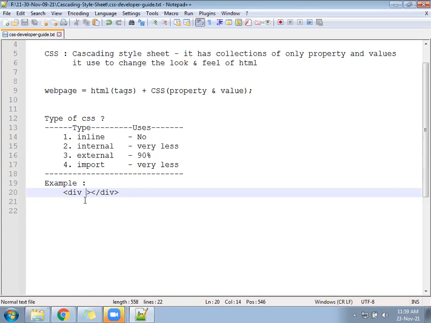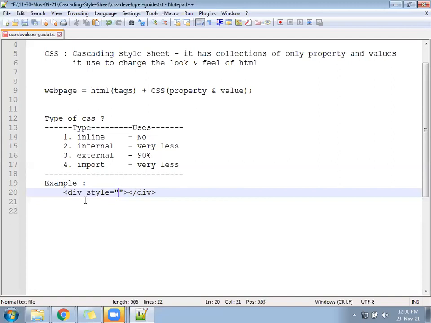After that, this is inline CSS example. A style will open, a style will close. Inline CSS for division or paragraph, whichever tag you want to write the CSS, you have to open the style and you have to close the style.